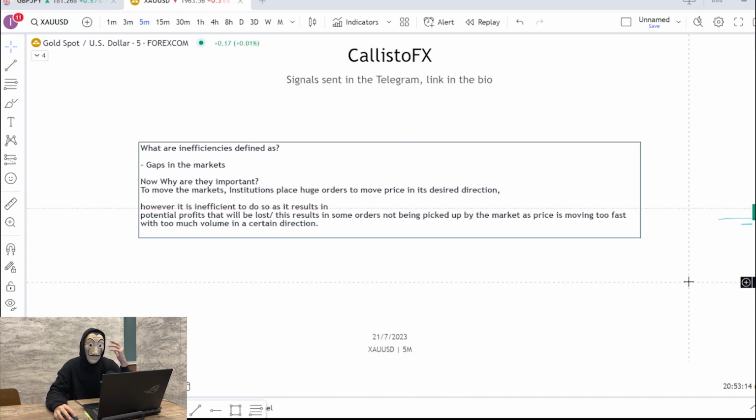That is where there is an influx of orders, a lot of volume, with institutions pumping money into the market. This is when there are inefficiencies. Now, why are they important? To move the market,